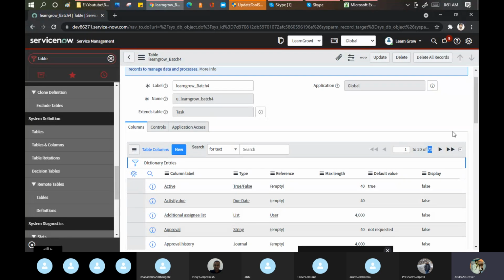What is the one new field that has been added, and why has it been added? Agree till this point, right? In the beginning we see that the task table has 70 fields, 70 attributes, but when I create my own table, it's showing me 71. Why? One is there.